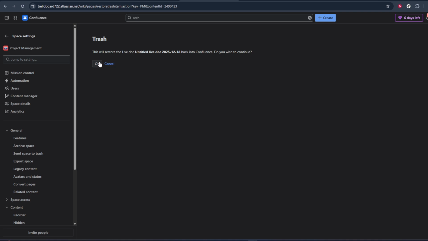And that's all you need to do to view deleted pages in Confluence. Open the space,